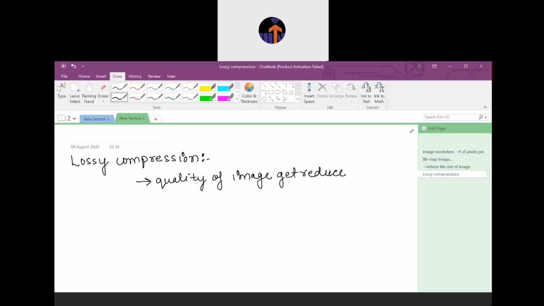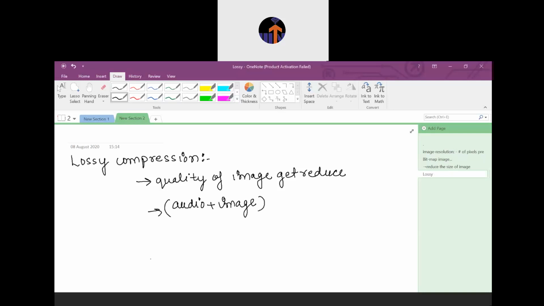So obviously we cannot apply lossy compression over images which have text, but for images which have some audio clips, or only images, we can apply lossy compression efficiently.